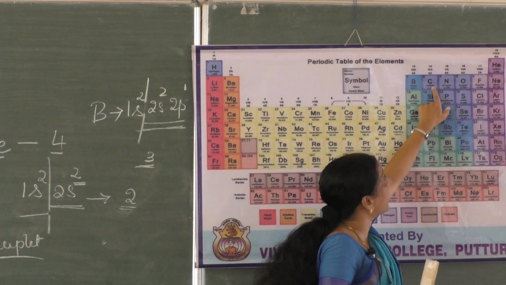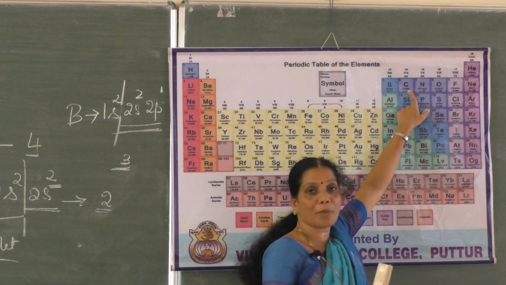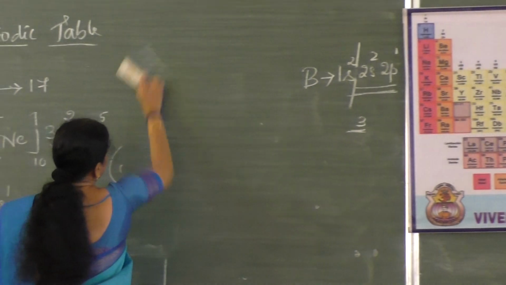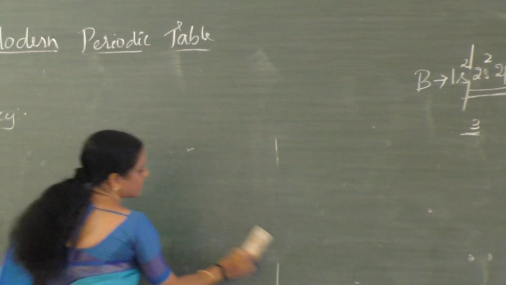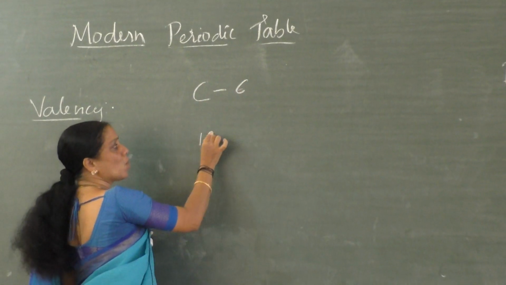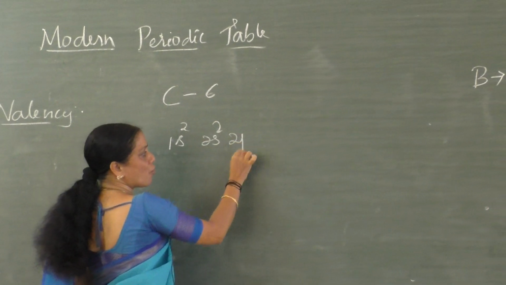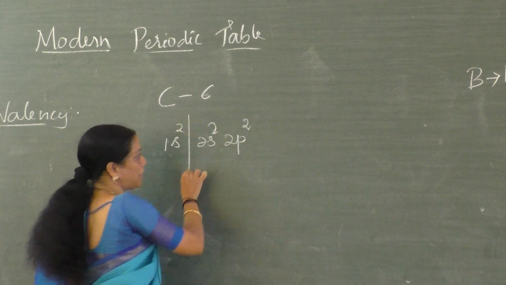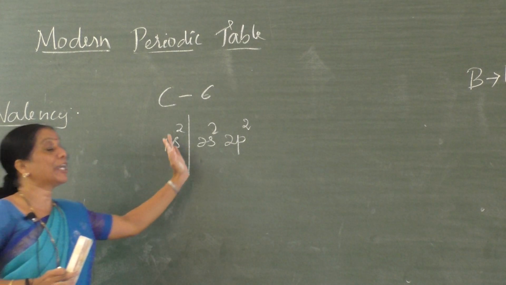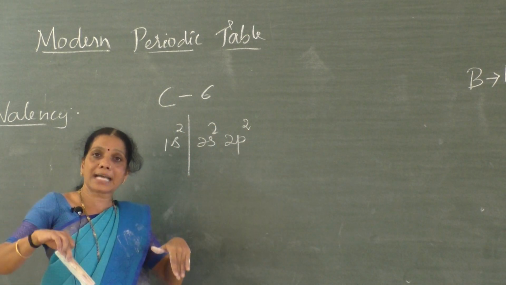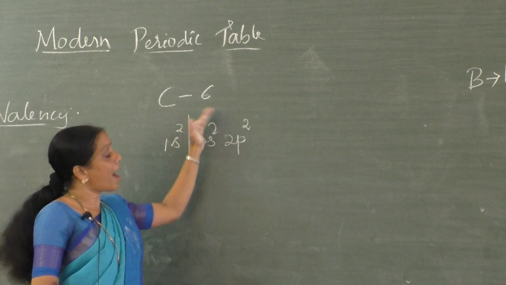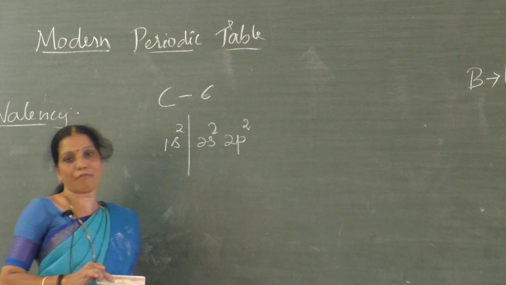If I consider the next element here, that is carbon. What is the atomic number? 6. If I write the electronic configuration of carbon, the atomic number of carbon is 6. 1s2, 2s2, 4 electrons are written, 2p2. That means the outermost main energy level contains how many electrons? 4 electrons, isn't it? It can donate those 4 electrons, otherwise it can accept 4 electrons, because the number here is 4. To reach the octet configuration, either it can donate or it can gain extra 4 electrons.